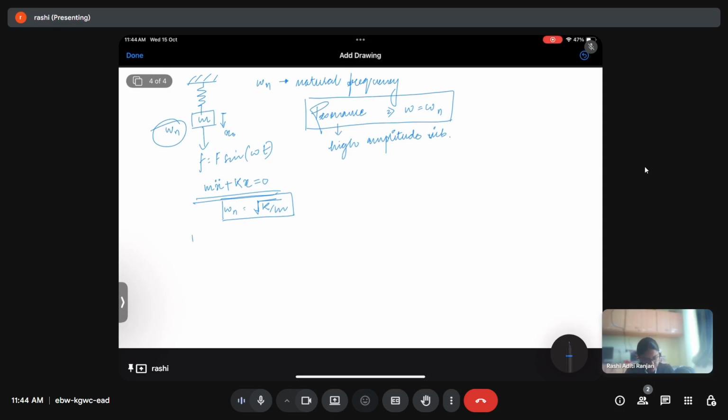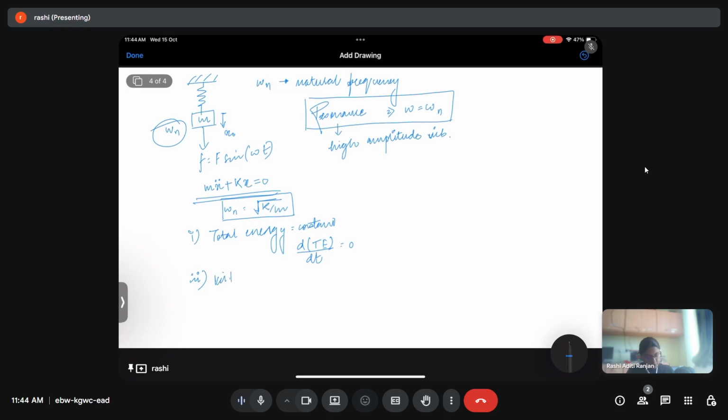One was the energy method. Total energy was constant. So we used d of total energy with time equal to 0. This gave us the equation of motion. From the equation of motion, we found out the natural frequency. Correct. Another way was